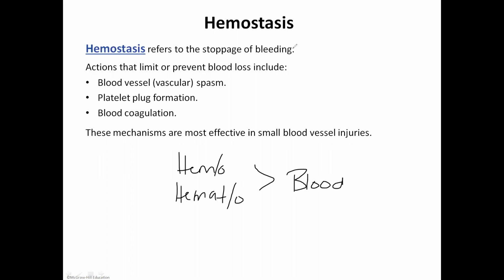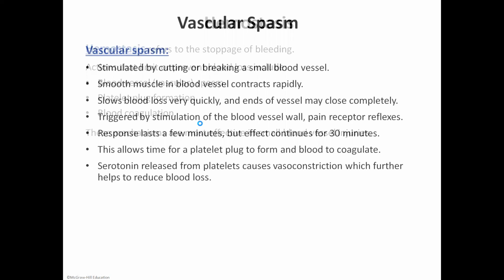There are 3 different factors that are going to be taken into account, 3 different actions that you do have to know. So make sure you circle this or put something around it to make sure you know these different mechanisms. The first mechanism that we're going to talk about is the vascular spasm. This is when you actually do the cutting or the breaking of a blood vessel, and the smooth muscle contracts very rapidly